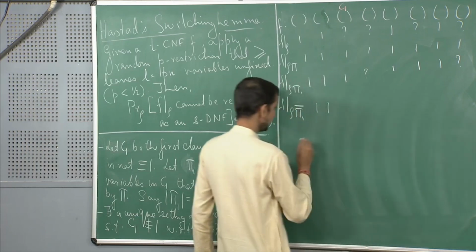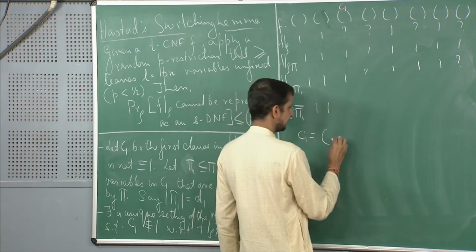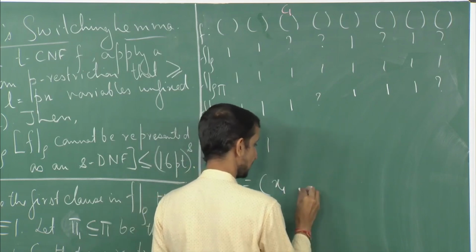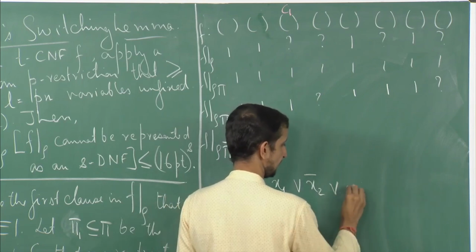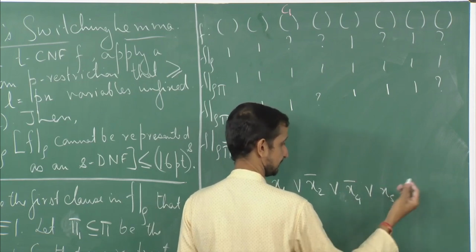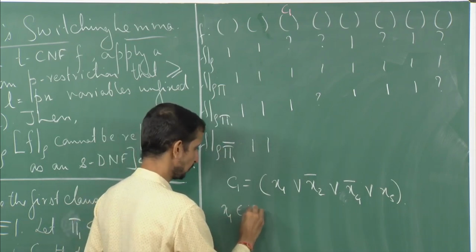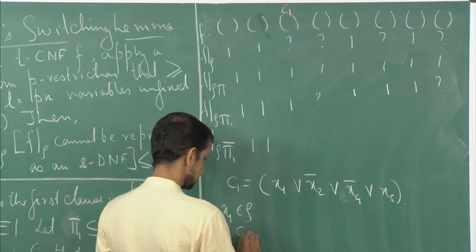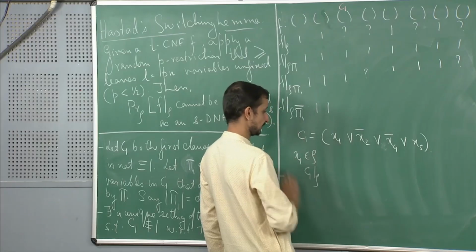Okay, so this is a very good point. So suppose my C1 looked like this. Let's take some examples: x1 or x2 bar or x4 bar or x5. Now, suppose x1 belonged to rho. So, rho had already fixed x1. Okay. So, when I look at C1 restricted to rho, let us say that x1 was getting fixed